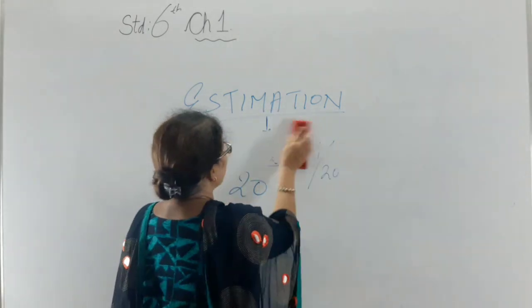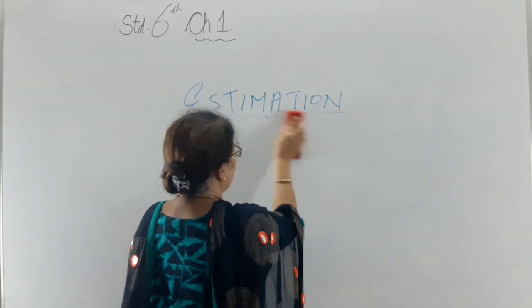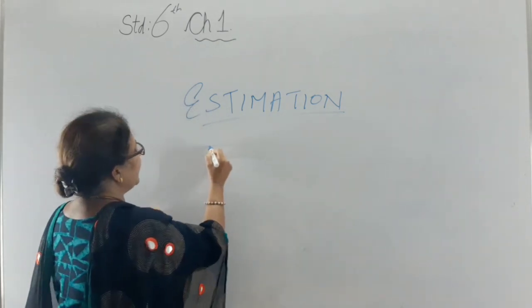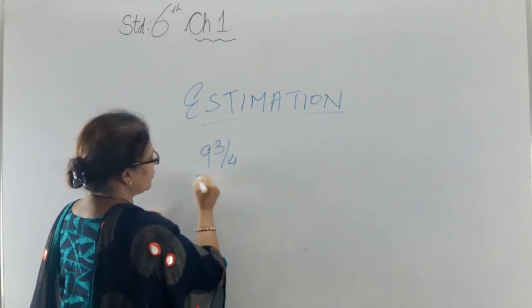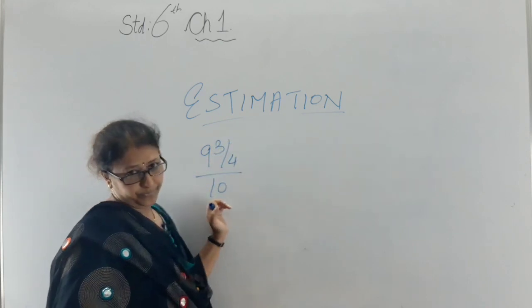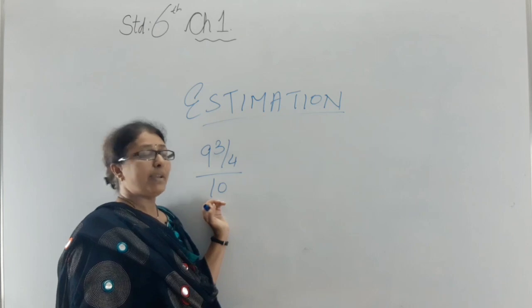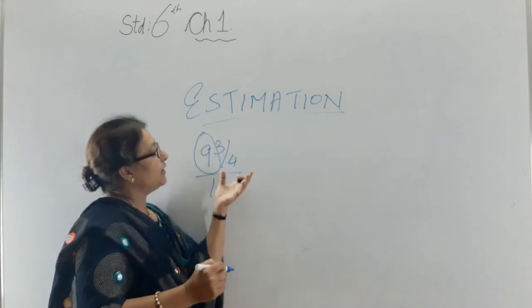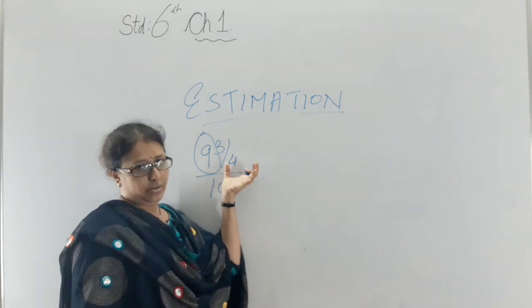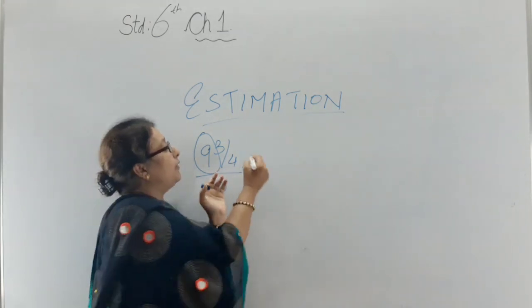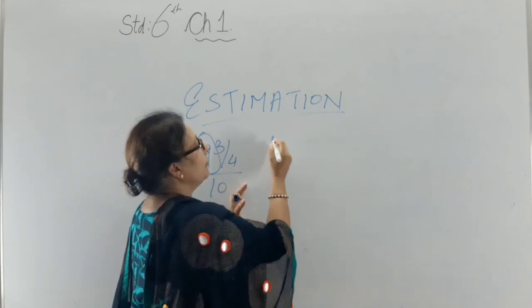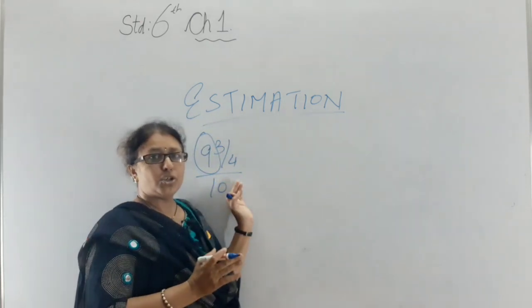Students, estimation is done in our regular day-to-day life in many ways. Now, for example, I am getting 9 3/4 marks out of 10. So, when the result is coming, we calculate this 3/4 mark. 9 is a round figure, but 3/4 is not an integer. So, here it is a fraction. So, here I have to convert that into one more number. So, what we do? We find an estimation of that number.